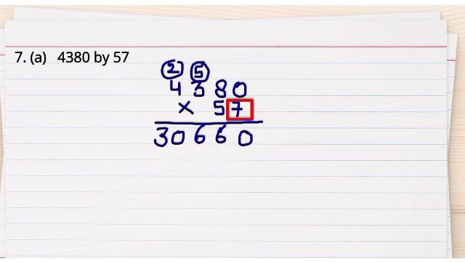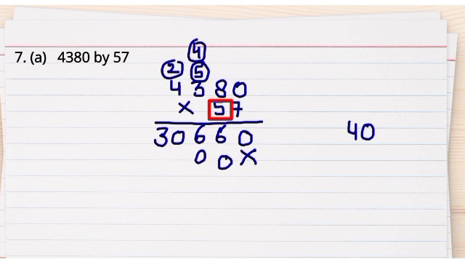Now you have multiplied by the digit at ones place. So put cross at ones place. Now you have to multiply by the digit at tens place. So multiply by 5. 5 zeros are 0. 5 eights are 40. 40 is a 2-digit number. So you will just write 0 here. And 4 will be carry forward. 5 threes are 15 plus 4. 15 plus 4 is 19. 1 will be carry forward. 5 fours are 20 plus 1, 21.